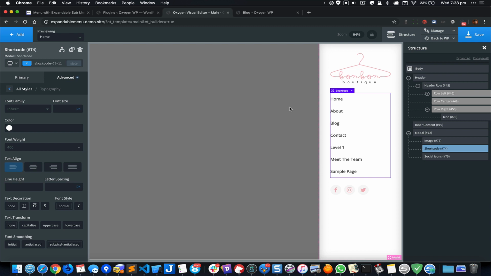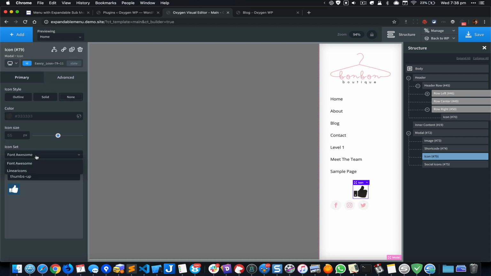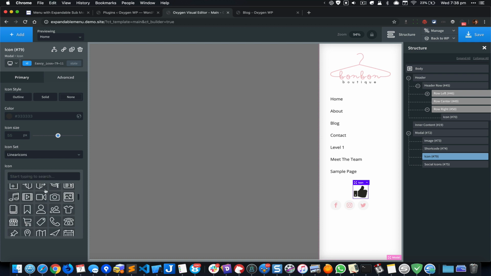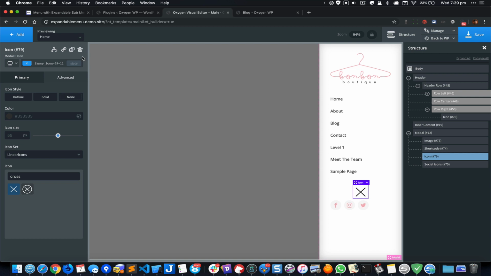Okay. So the next thing that we got to do is add the close icon. So I'm going to go to add, search for icon, change to linear icons, and do a search for close or X. Not there. So let me just scroll down, and here it is. Oh, it's called cross. Anyway,